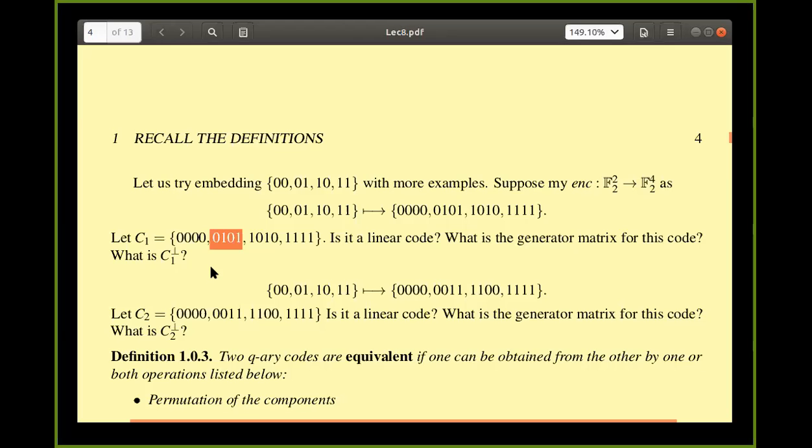Check that. If it is so, then it actually has a name, which I had not mentioned: it is called a self-dual code. A code is said to be self-dual if C1 equals C1 perp. If C1 is contained in C1 perp, it is called self-orthogonal; these are just names, nothing much. We can think about self-dual codes and their dimension, where there is a restriction. You already came across this type of question in your linear algebra also.